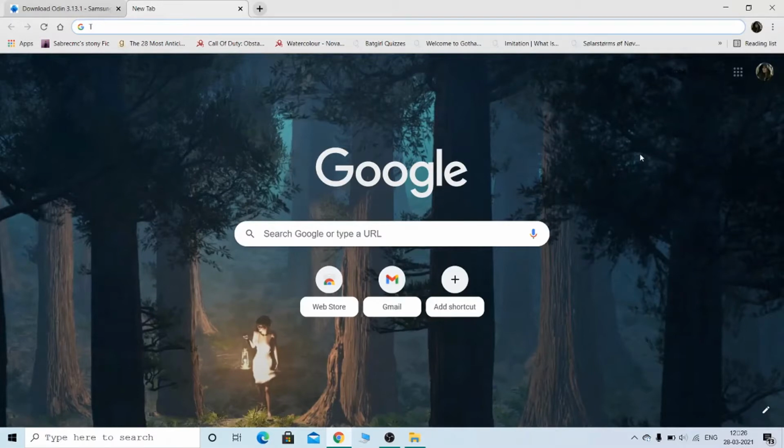Today we'll learn how you can flash TWRP in your Samsung Android phone. I will be using Galaxy J2 Pro in this tutorial, but you can flash TWRP in any Samsung device. TWRP can be used for backups and restoration. It can backup system changes, Wi-Fi passwords, wallpapers, screen lock, media files, apps, and many more.